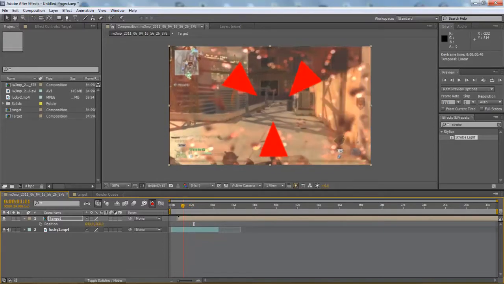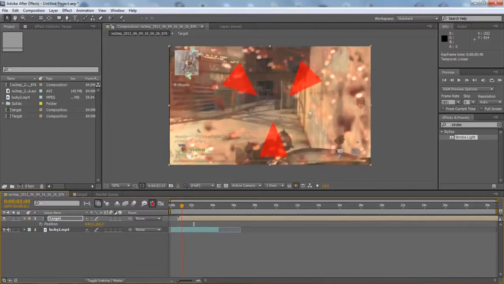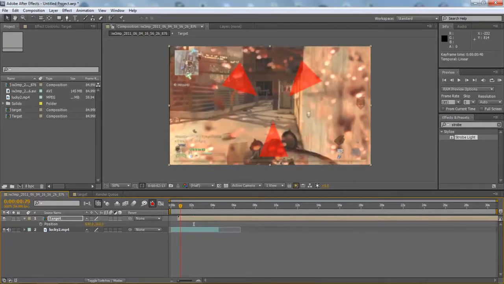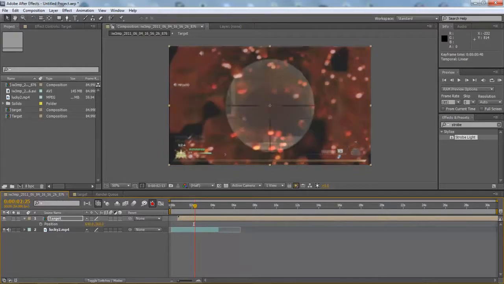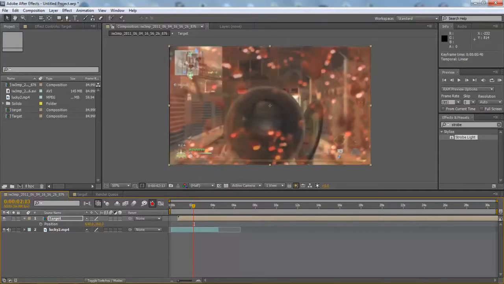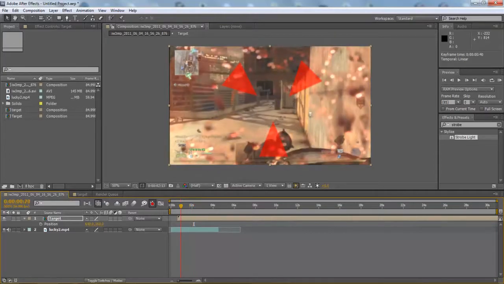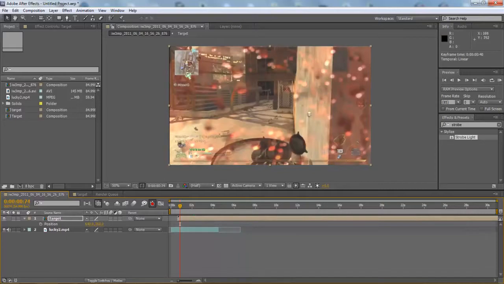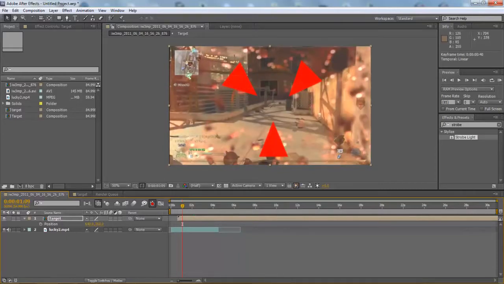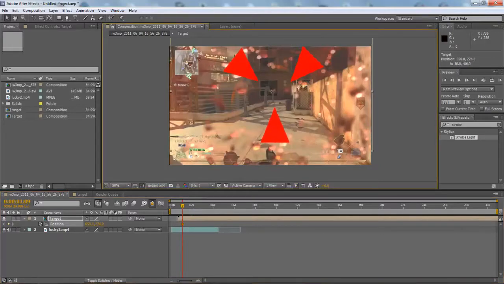Alright, now what we want to do is press P to bring up our position keyframes, and we want to start tracking this onto our wall where he actually wall bangs. So as you can see, he wall bangs in here. So what we want to do is keep moving this target so it lines up properly, ensuring that the midpoint is